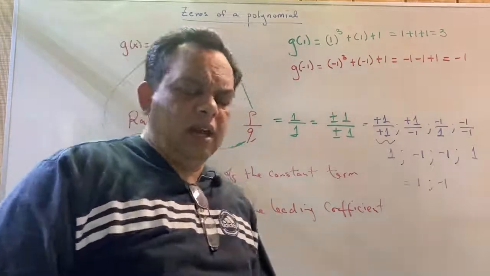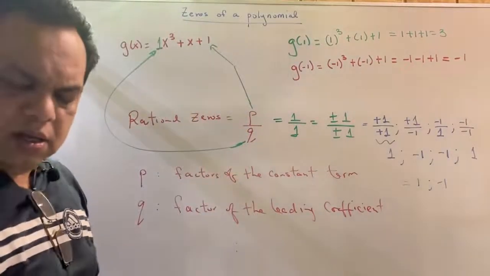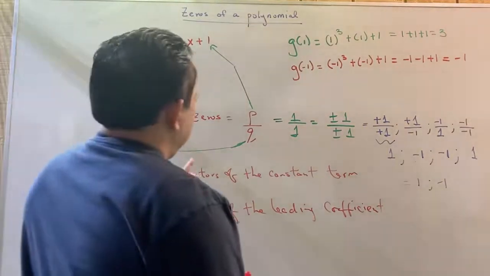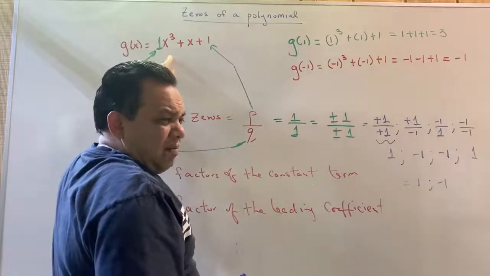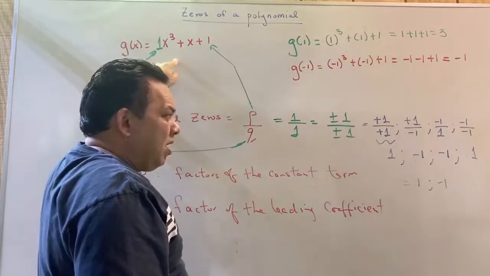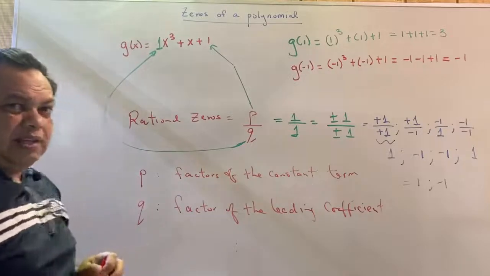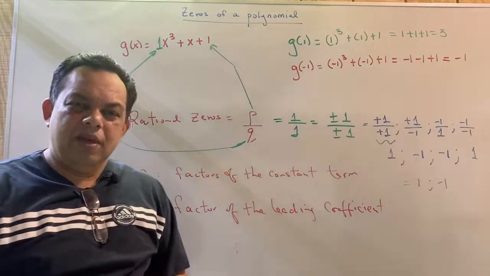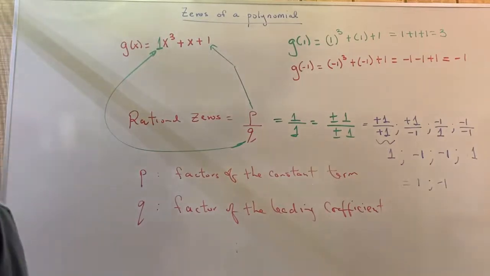So what does that tell me? Well, it's telling me that this polynomial g of x does have a zero, but it's not a rational number. It's an irrational number. Definitely there is some zero,